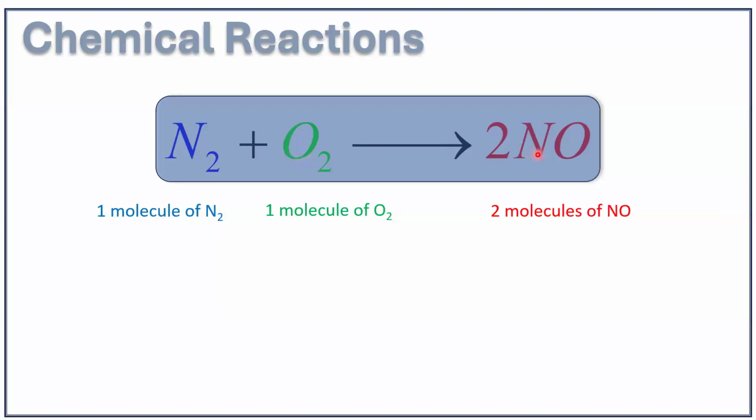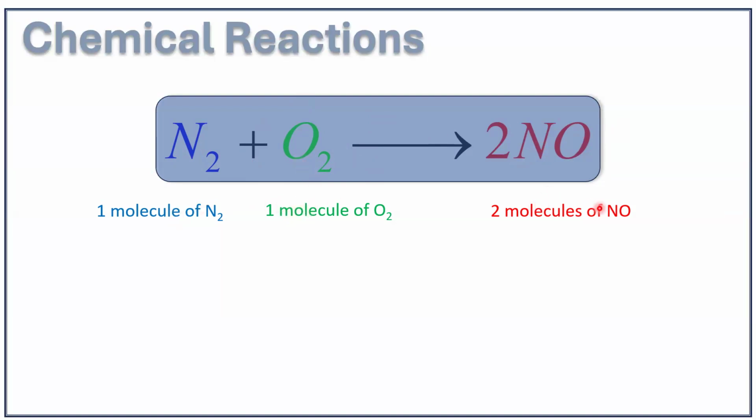Molecule of oxygen. NO means a molecule of nitric oxide. So here, N2 + O2 → 2NO means I have one nitrogen molecule combined with one oxygen molecule to give 2 molecules of nitric oxide. So this can be read as 1 molecule of nitrogen combining with 1 molecule of oxygen to give 2 molecules